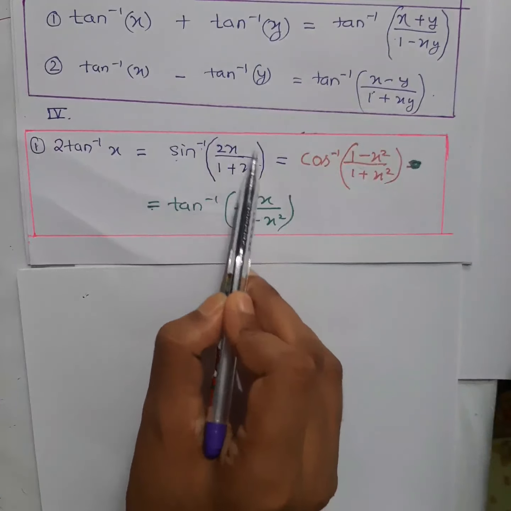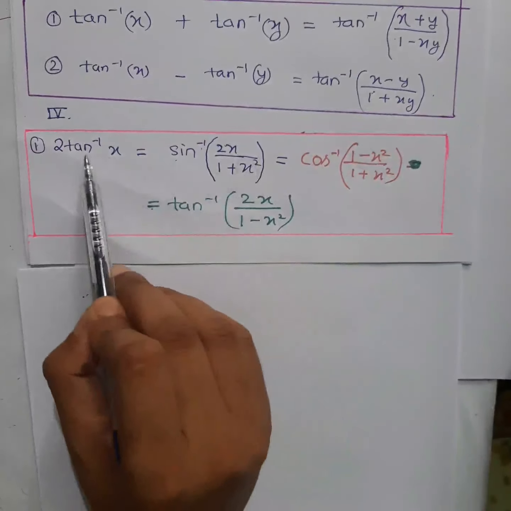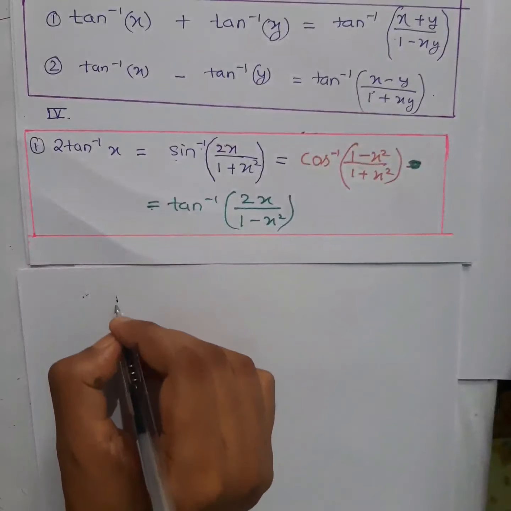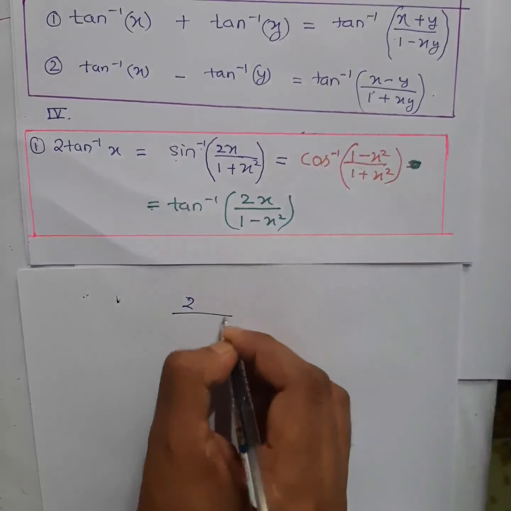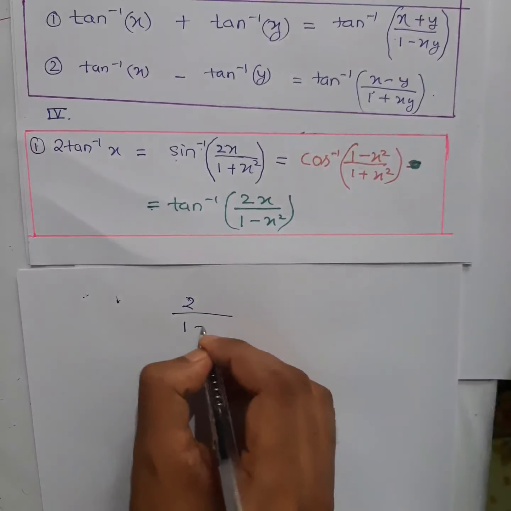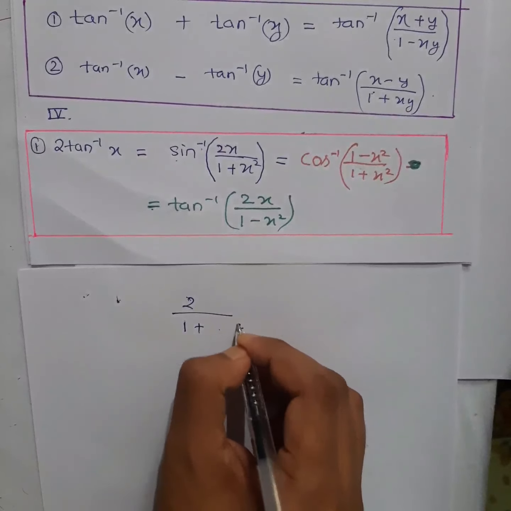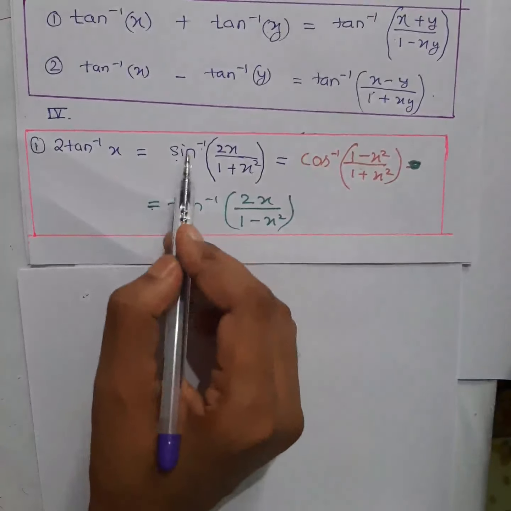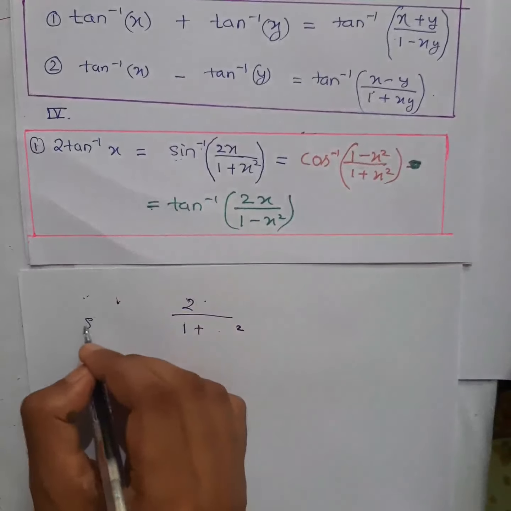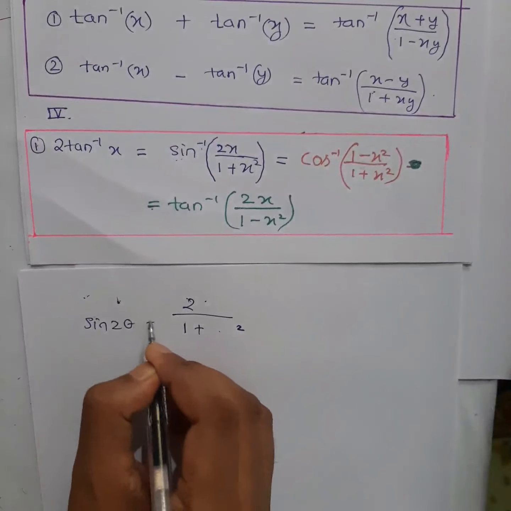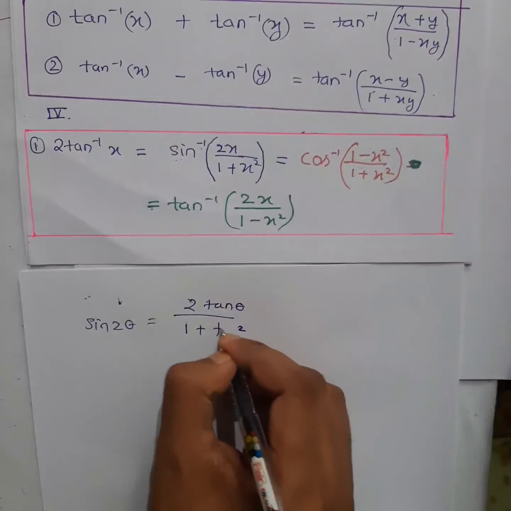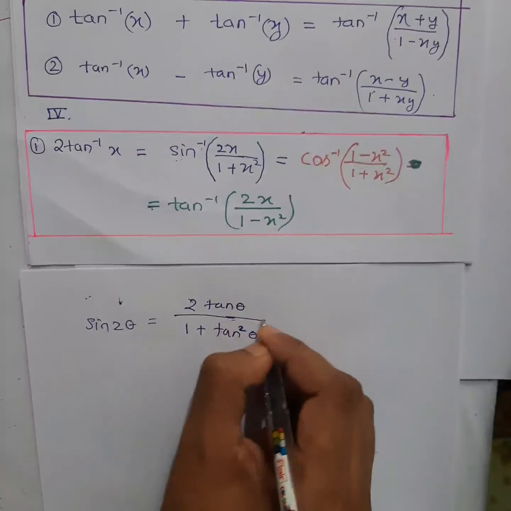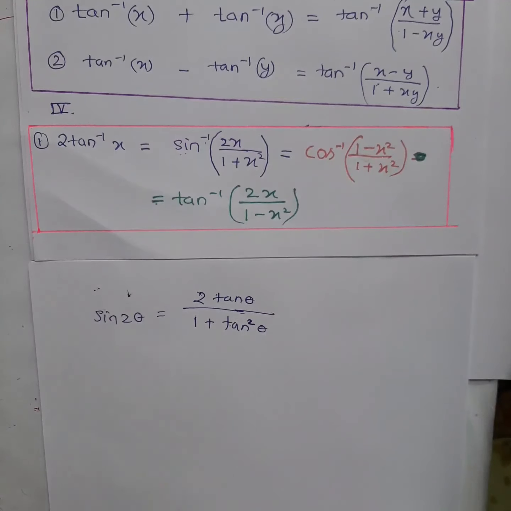Does it look like any formula here? Yes. Which formula does it look like? 2 of some trigonometric value in place of x, over 1 plus that trigonometric value squared. And you can see it is sine inverse. Remember sine twice theta? What was the formula? Twice tan theta by 1 plus tan square theta. This formula was there